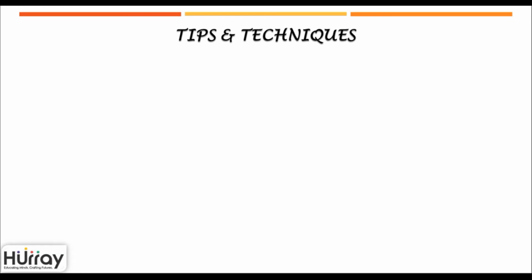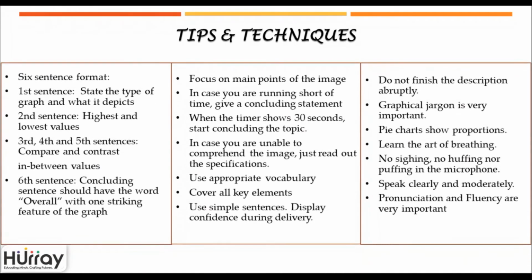Here are some tips and techniques. Use the 6-sentence format. In the first sentence, you state the type of graph and what it depicts. In the second sentence, you quote the highest and the lowest values. And in the third, fourth, and fifth sentences, you compare and contrast the in-between values. In the concluding sentence, which is the 6th sentence, you should start with the word overall and state one striking